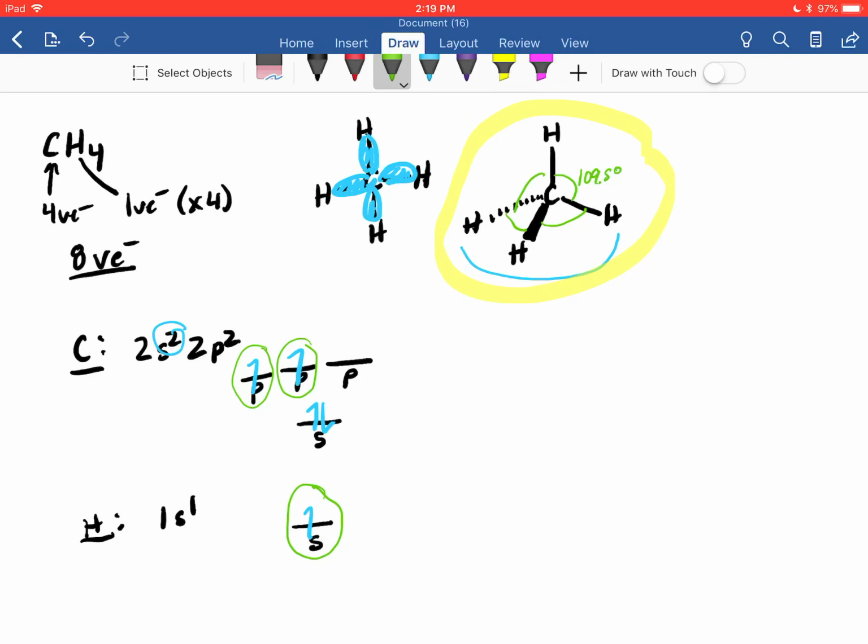If we imagine for a second what we'd like to do, remember, we have two electrons in the s orbital, and that's full, and then just two unpaired electrons in the p orbital, because the s orbital is lower in energy. So if I was somehow to take these four orbitals, the s and the three p's, and combine them in a way or create an energy level such that they're all at the same energy, so that I had four equivalent orbitals of the same energy,